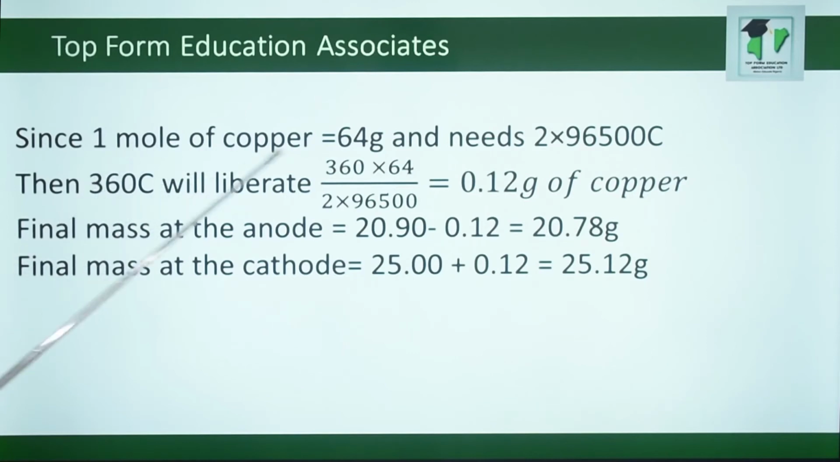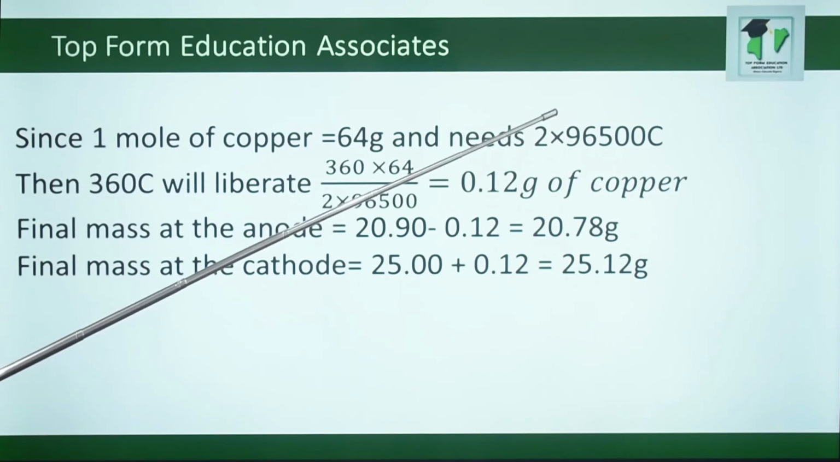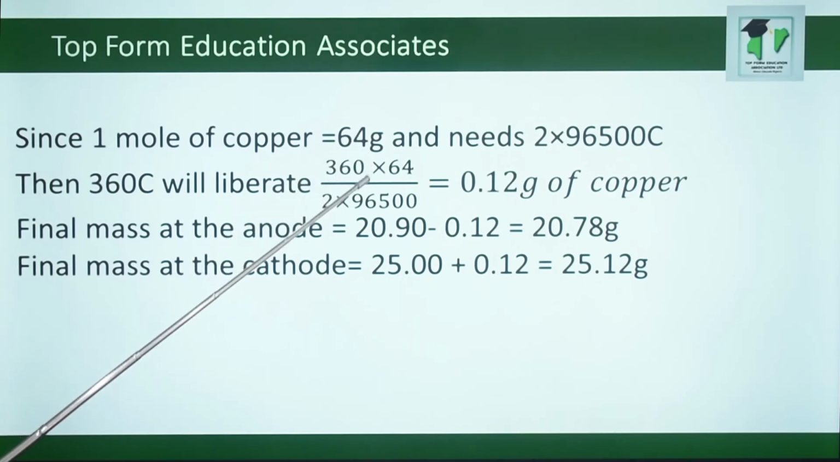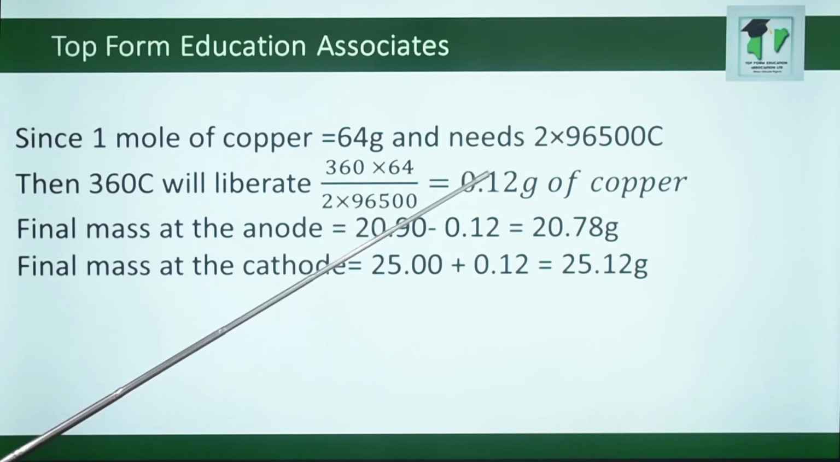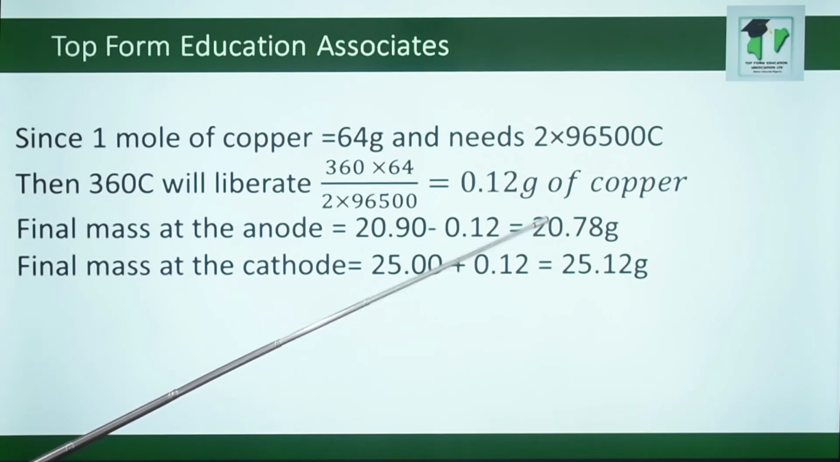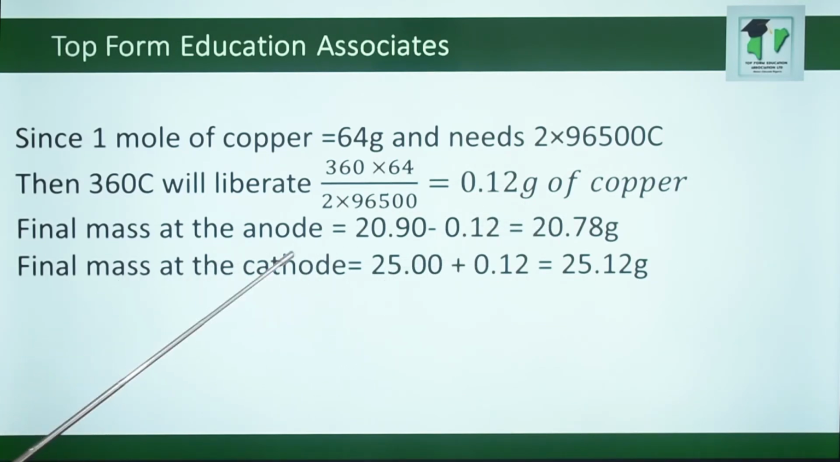And since 1 mole of copper is equal to 64 grams and needs 2 times 96,500 coulombs, then 360 coulombs will liberate 360 times 64 divided by 2 times 96,500, which will give us 0.12 gram of copper. Final mass at the anode will be 20.90 minus 0.12, since the anode is going to reduce, to give us 20.78 gram, while the final mass at the cathode is 25.00 plus 0.12, since the cathode is going to increase, to give